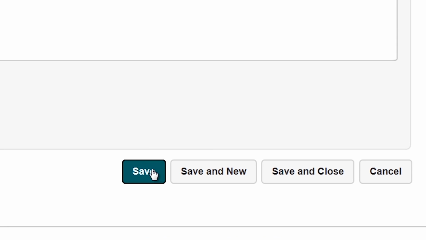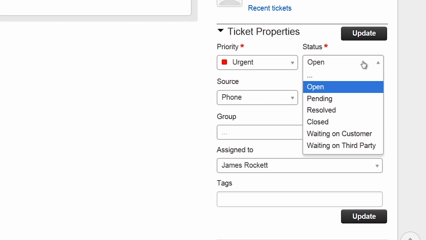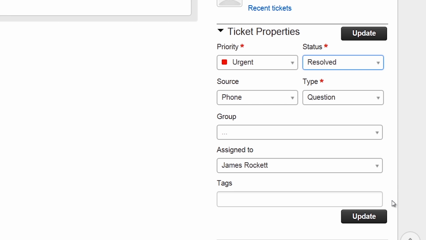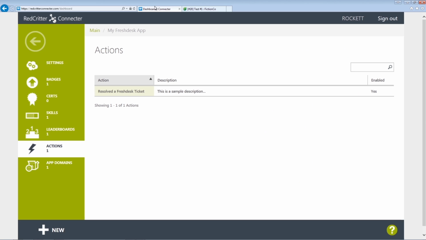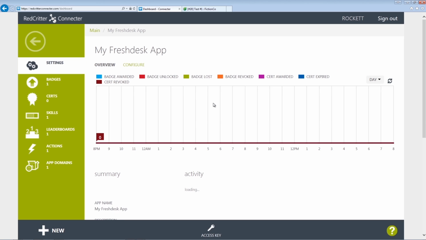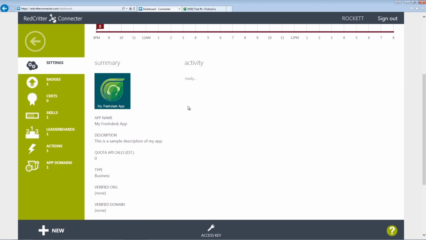And then we'll just click Save on the bottom there. And so now when I mark this case as resolved, that should fire off that Add Action API call. If we go to Connector and click Settings, normally you're going to see all app activity happen within a field right here. This is actually a real-time activity feed. And each object, whether it's a badge, cert, skill, is going to have a very similar feed just for that